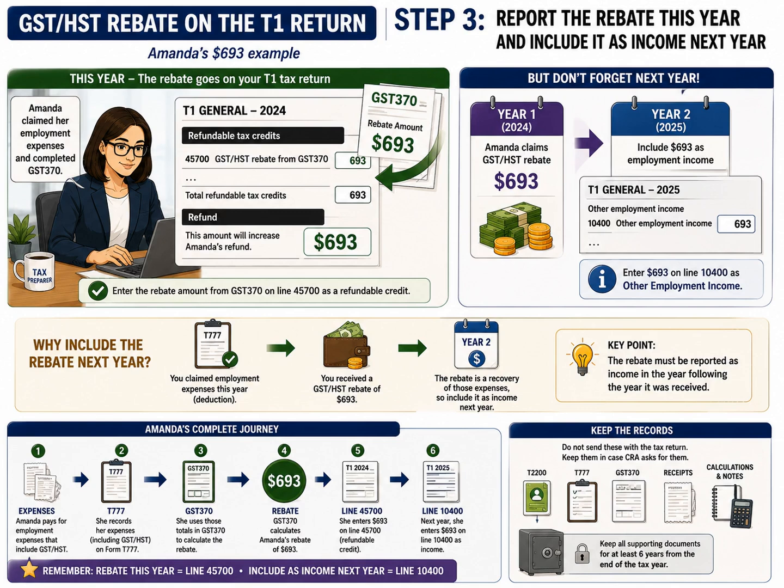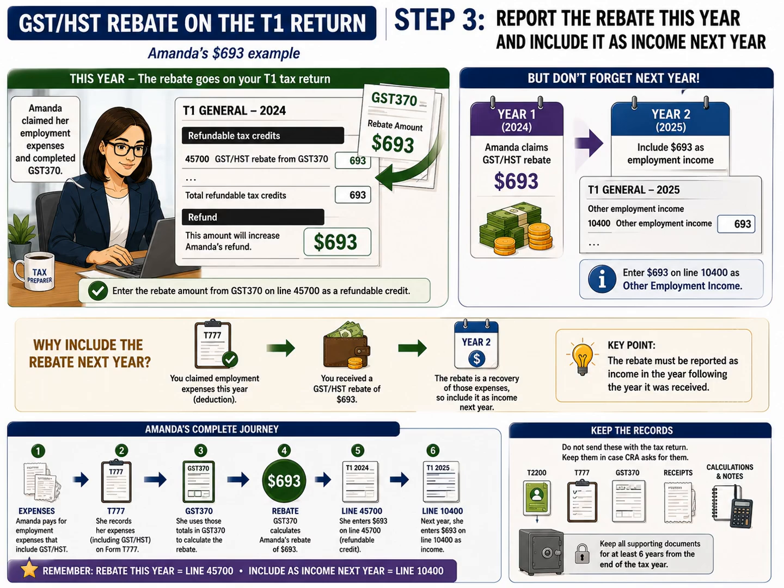So the basic two-year pattern is: claim the employment expenses and GST/HST rebate in the first year, then report the rebate as employment income in the following year. For Amanda, that means $693 on line 45,700 in the first year, followed by $693 on line 10,400 in the